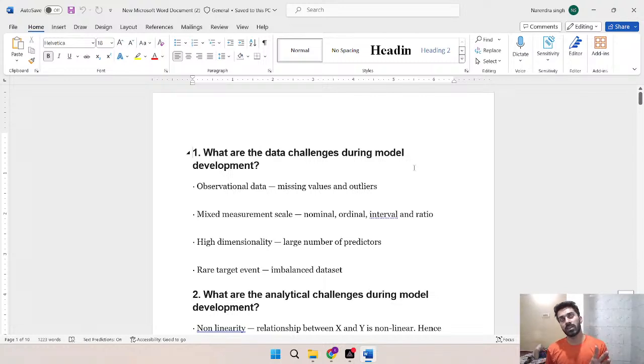The first challenge we have to face is missing values in the data. If there are missing values in your data set, then we have to do feature engineering and exploratory data analysis. Basically, this will take some time. So that's the first challenge that we have to face, and the second is